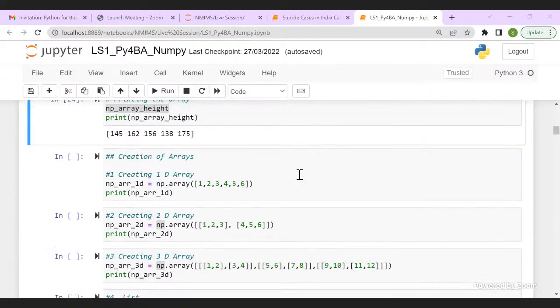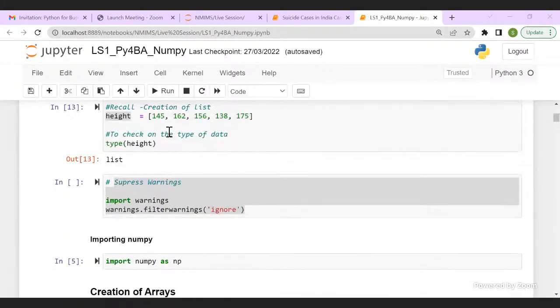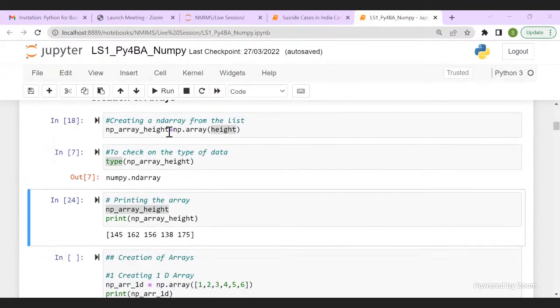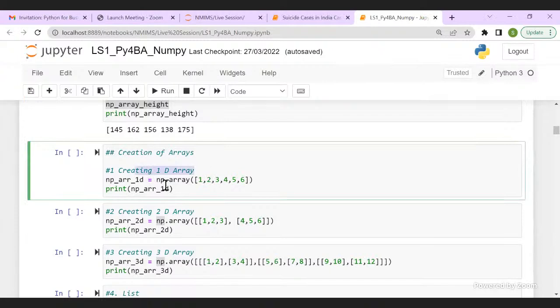Okay, all right. Now, we have created an array from a list which we had initially created. Now let's try to create an array from the raw data. Let's create a 1D array from raw data.